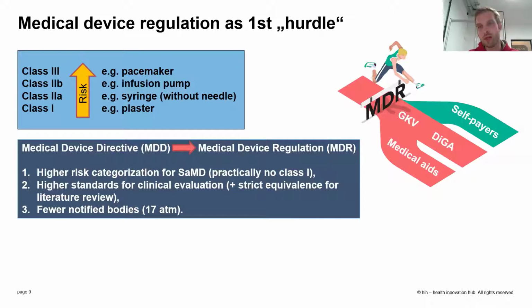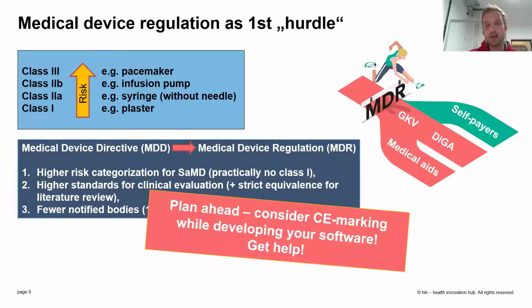And also at the moment, we have very few notified bodies, which you need for the certification as of class 2A. Some class 1 devices are in there as well, but basically as of class 2A, you need a notified body, which is TÜV, DEKRA, all these companies that are basically certifying your quality assurance system. And we have very few of these at the moment under the MDR regime, while in the MDD regime, we had, all across Europe, more than 50, I think. At the moment, we have 17 notified bodies for the MDR system.